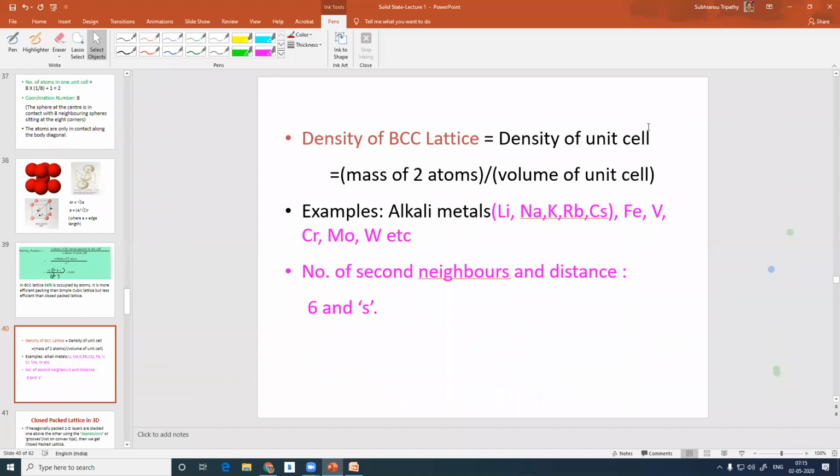I would take a little pause. You write down density is equal to mass of 2 atoms. The only difference will be in the numerator, instead of volume, you have mass. That was volume of 2 spheres. Here mass of 2 spheres by volume of the unit cell. You can write spheres in place of atom. Or since we are learning now the metallic crystal, we can write atoms, no harm.